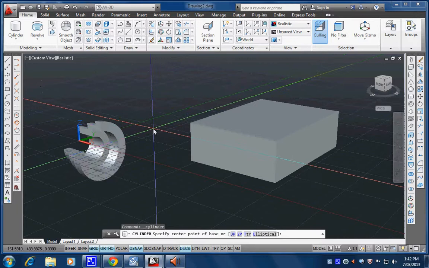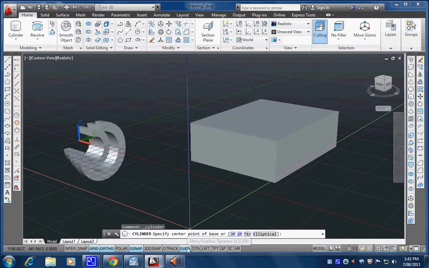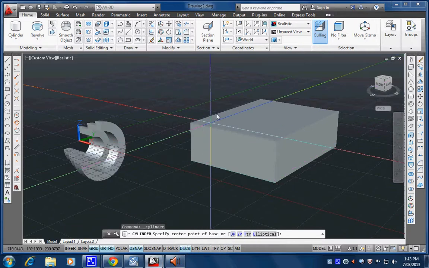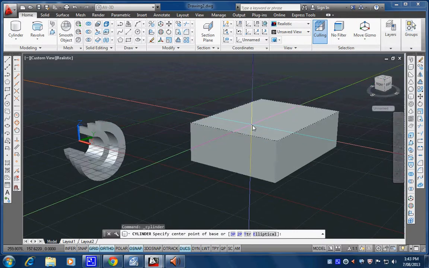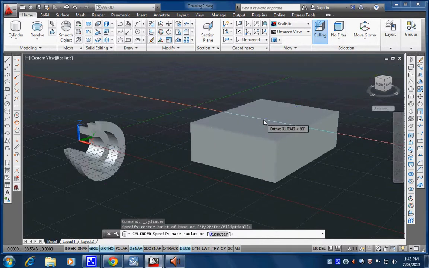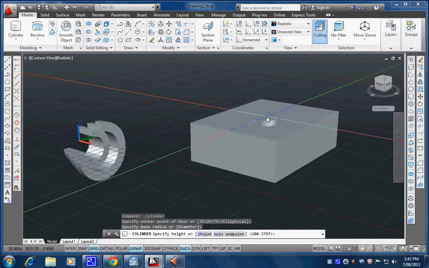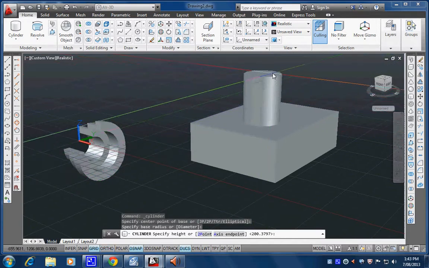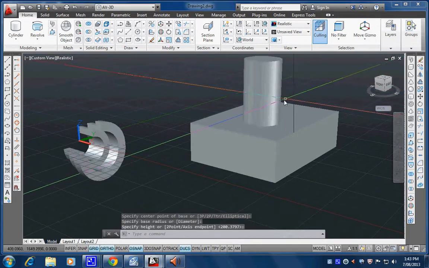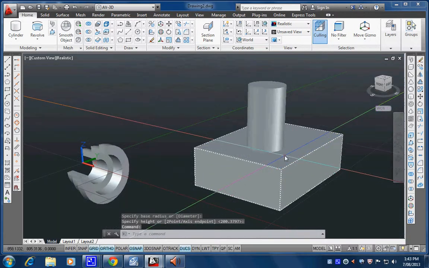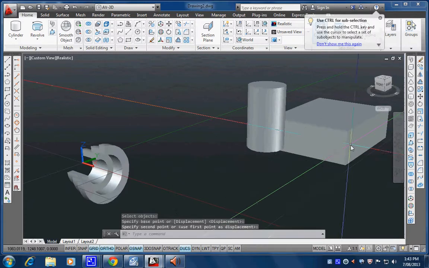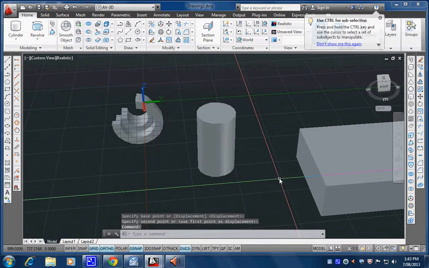Now, if I'm drawing a cylinder, because I've got the DUCS, Dynamic User Coordinate System, on, when I sort of go over a surface, it senses as to where I'm going to start drawing on. Okay, see that? So say I wanted to draw something on top of this, I could just click here. I just did. Where's the diameter? Big. There you go. So I'm just creating this cylinder on top of this thing. So at the moment, that's finished. These are two separate parts, so I can M for move and click here, and I can move that away. All right, so they're separate. If I just undo that,